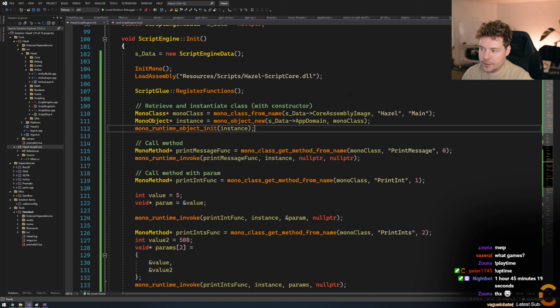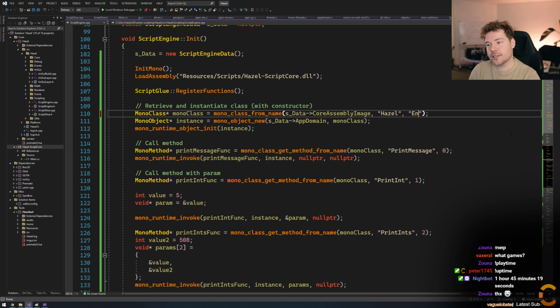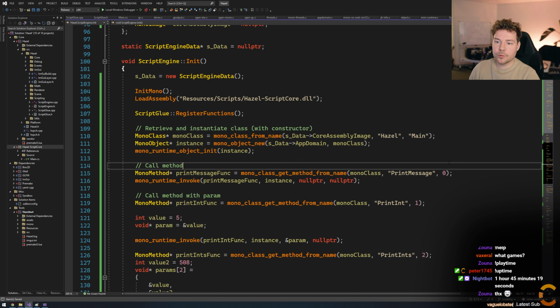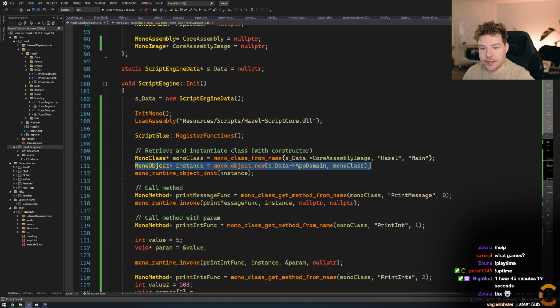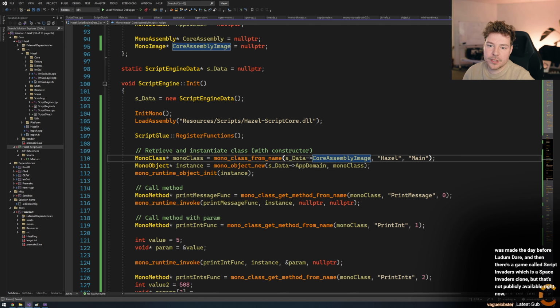So let's do this. Main is a good example. Think of this as if you're instantiating an entity. You've created an entity, it has a script, you want to make a new entity instance inside C#. So how does that work exactly? Well, you're probably going to want some way to create a new instance of a class like this and then call the constructor. So we retrieve it from some kind of assembly, that's important, and it also has a namespace and a name. That's also very important. But then we make a new instance of it based on what we've just retrieved.